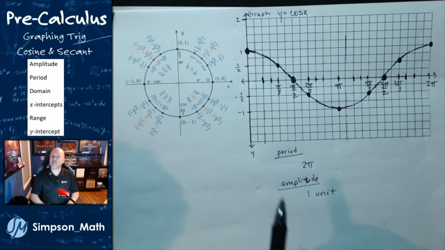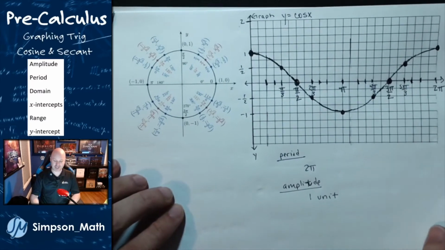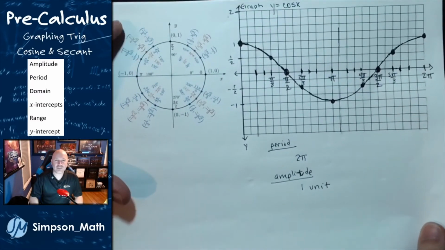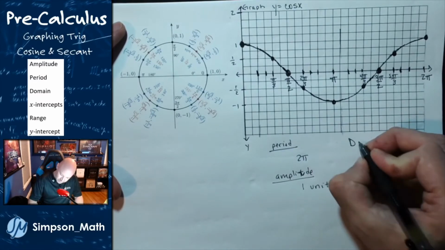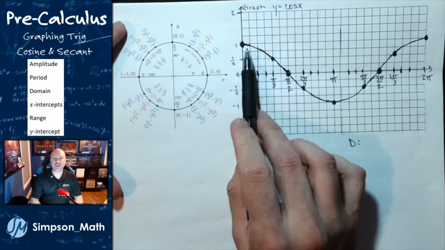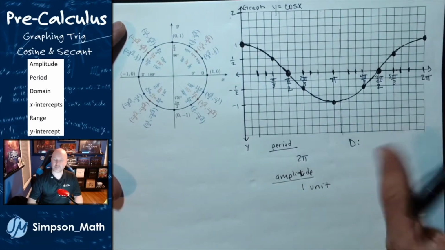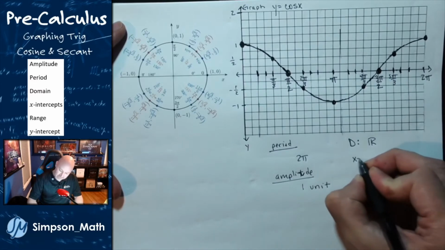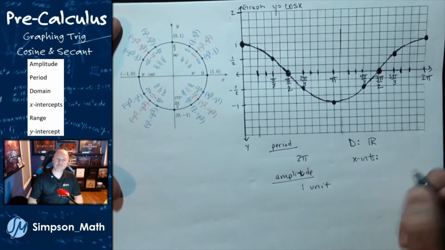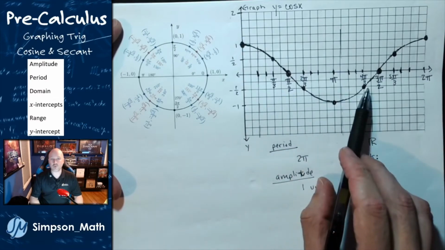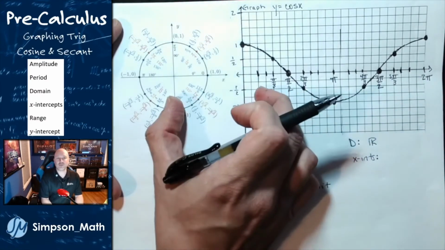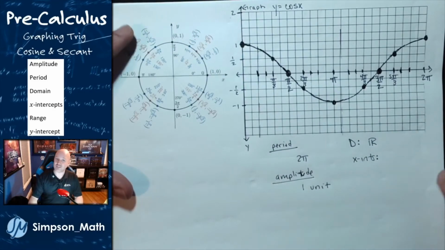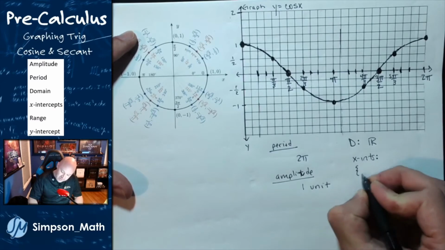These questions may seem boring at first, but trust me, just wait. All right, let's talk about domain. Well, I can put anything into the cosine function, no problems. All real numbers, or from negative infinity to positive infinity. X-intercepts. Well, I have 2 shown, but I know that this graph just continues in both directions, so I'm going to have an infinite number. So I'm going to use set notation, where I'm going to say it's the set of all x values,